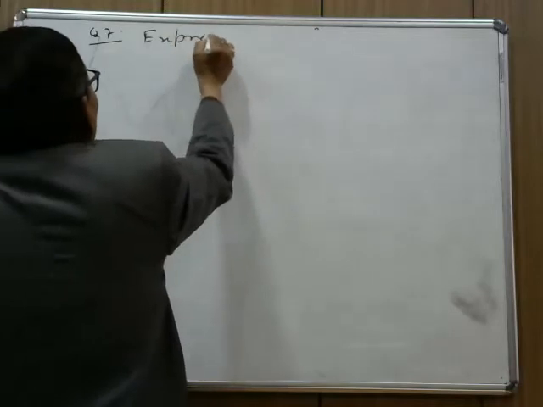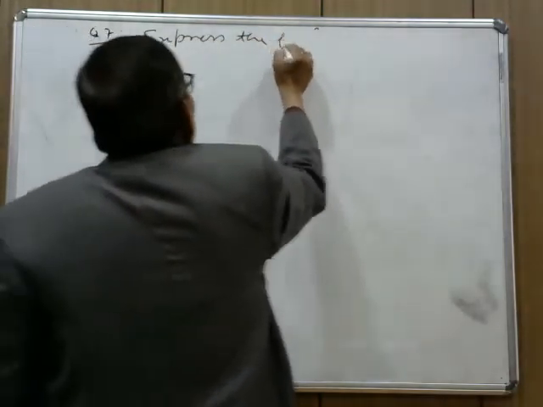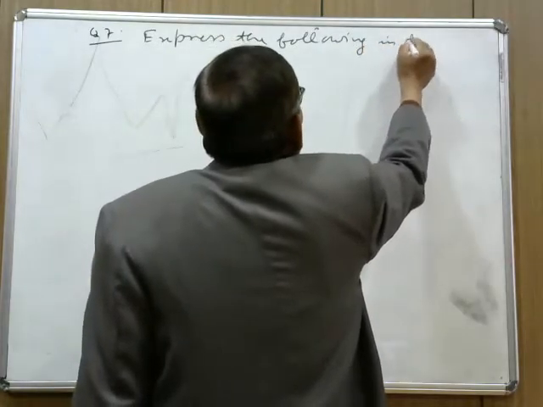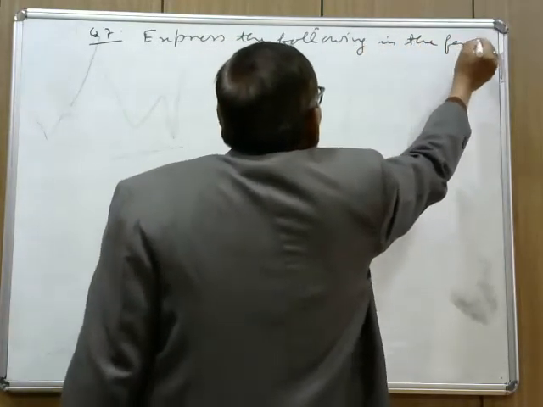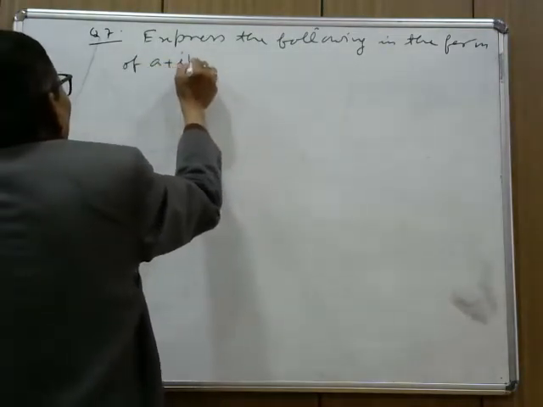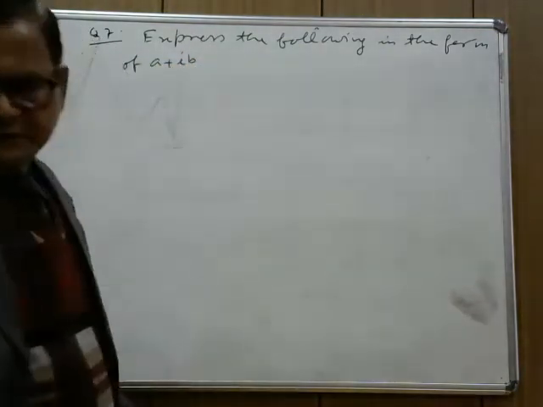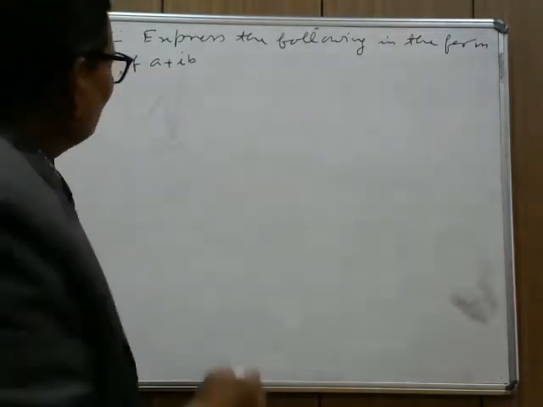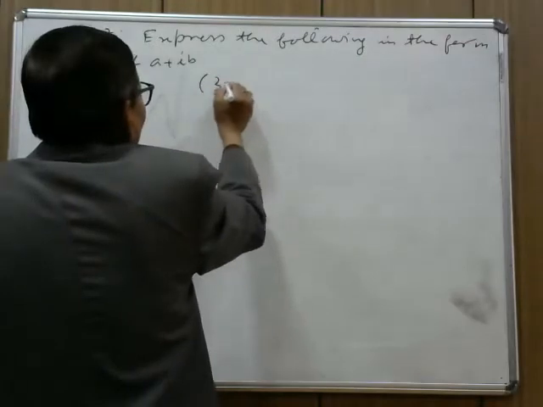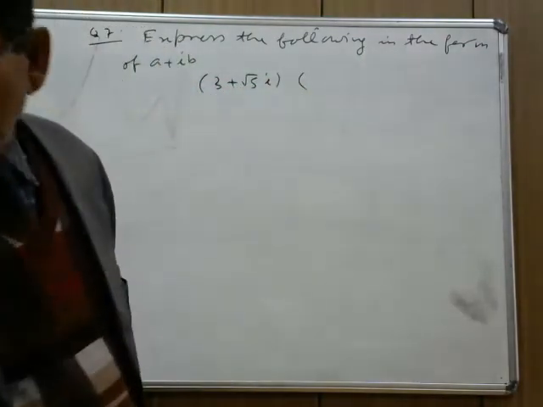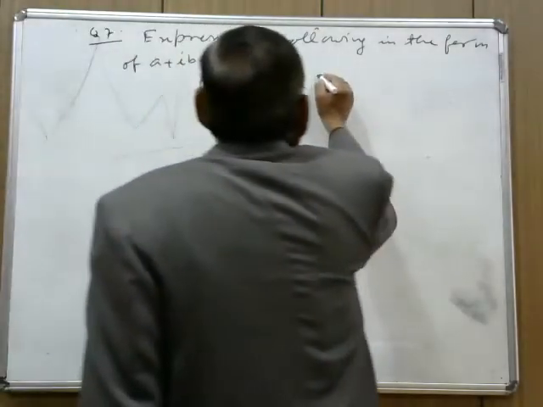Express the following in the form of a plus ib. So (3 plus under root 5i) multiplied by (3 minus under root 5i)